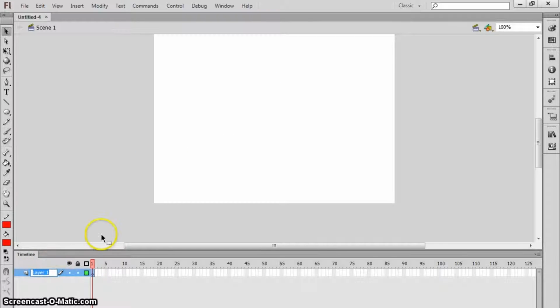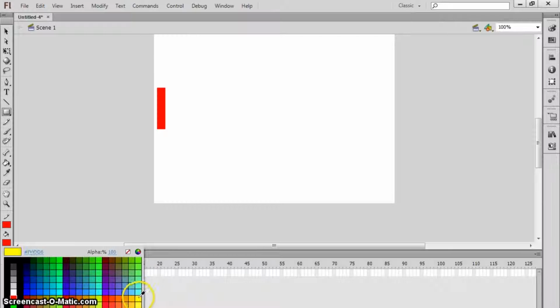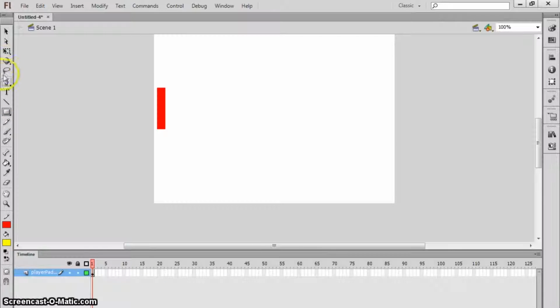So I'm going to call layer 1 player paddle, and I'm going to draw it onto my screen. What colour? Should we go with that yellow colour that I had? Yeah, why not? Ooh, do I want that red border? Decisions. Yeah, alright, we'll keep it. So there's my player paddle,